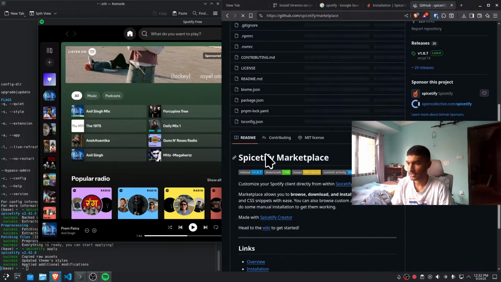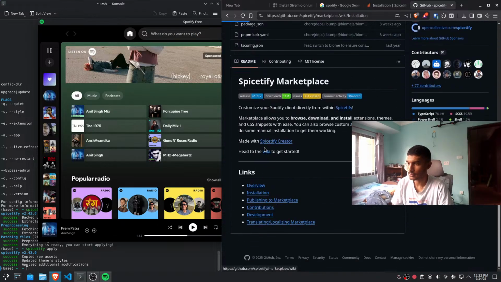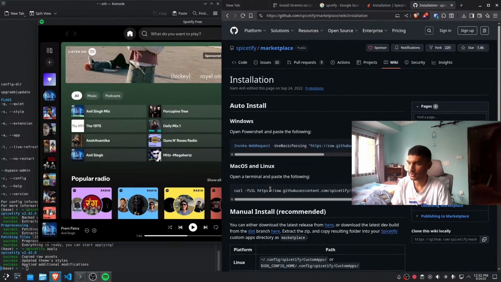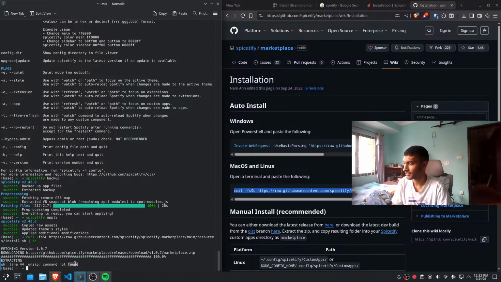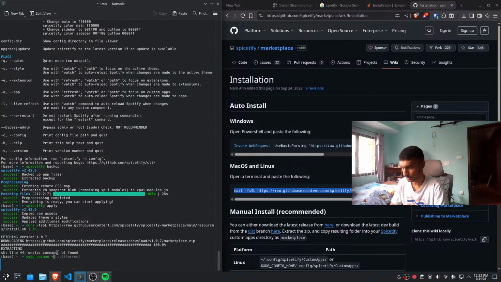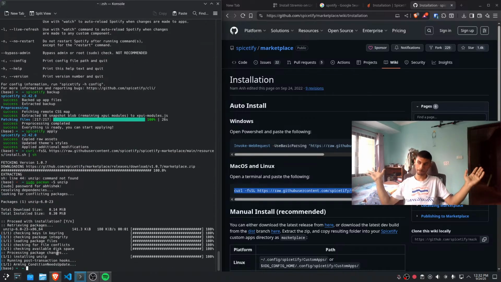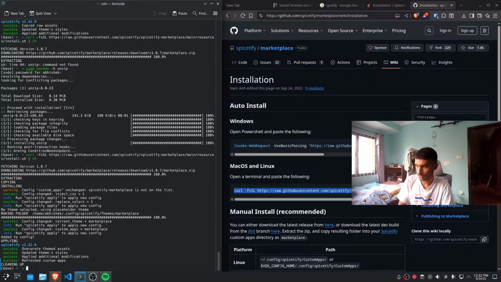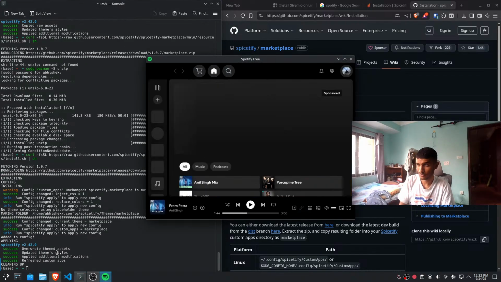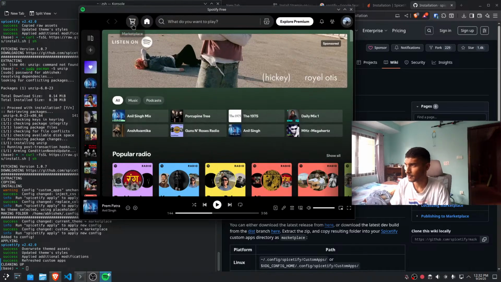So we need this Spicetify marketplace thing. We install it for macOS and Linux. We do this. Unzip is not found, so unzip. Okay, let's do it now. Right. Okay, we have this marketplace thing,